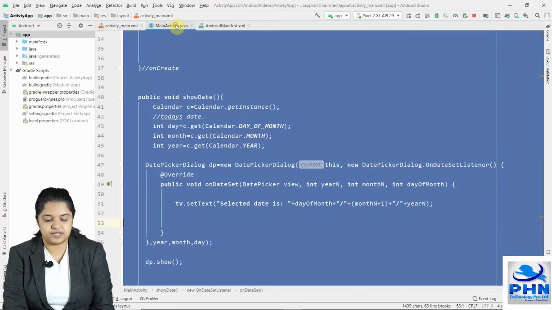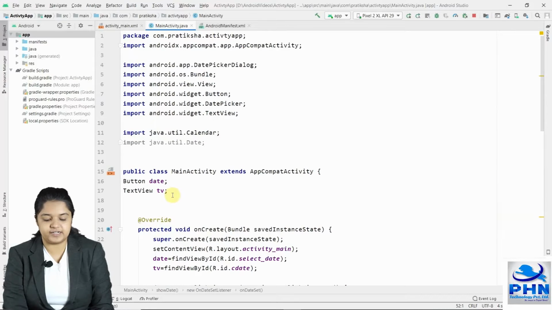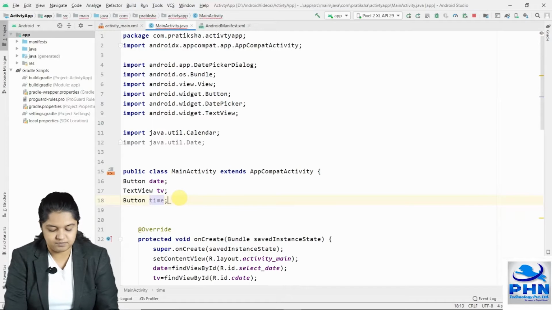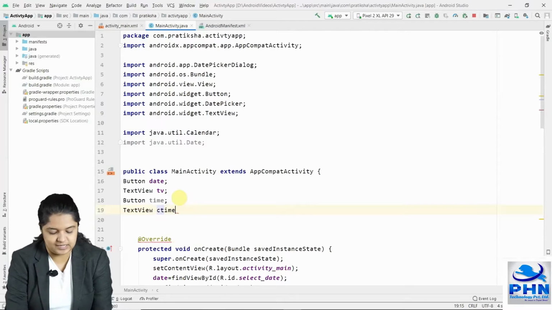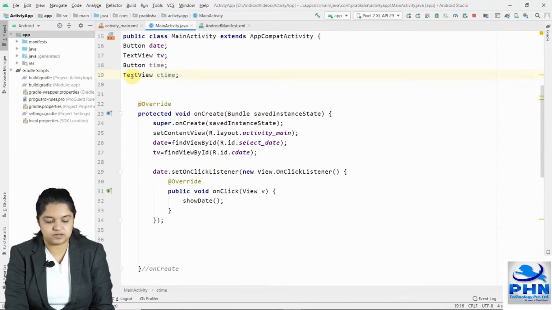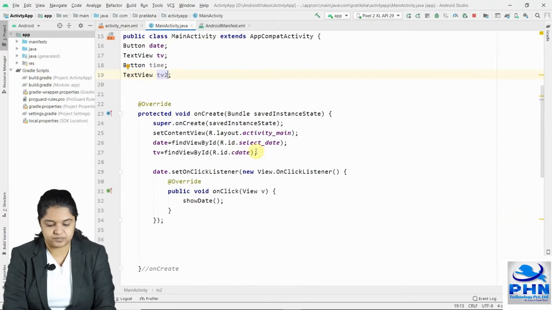Let's go to the Java file. In this Java file, we have already created the date objects. Now let's create one more button for time and one more text view object for C time, let's say. We'll have to initialize these objects, or instead of C time, we'll write TV2.